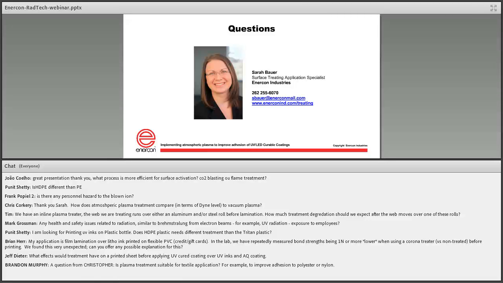Let's see, how does atmospheric treatment compare in terms of dyne level to vacuum plasma? It's similar in some cases, if it's an easier-to-treat material. If it was a very low surface energy material, I'll go back to my fluoropolymer example again. Vacuum plasma actually does a very, very good job of raising the dyne level. With atmospheric plasma, we'd have to use a gas chemistry, or it wouldn't be comparing apples to apples with that particular substrate. But if it was maybe more of the easier-to-treat materials, you're going to see a very similar